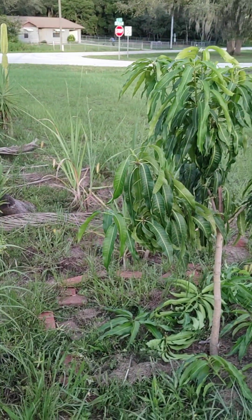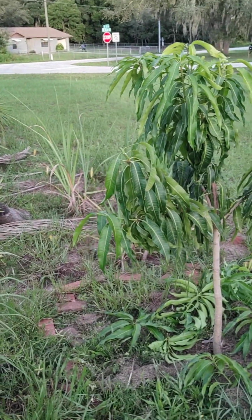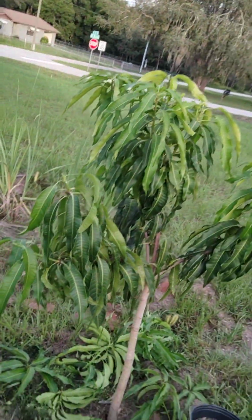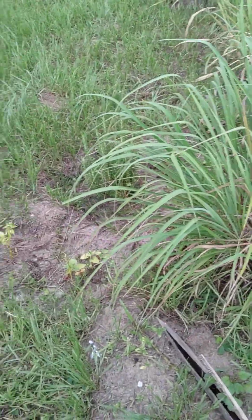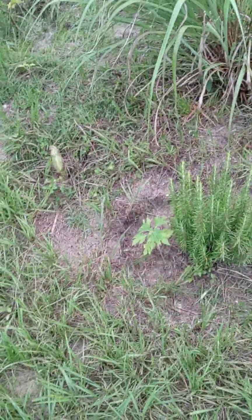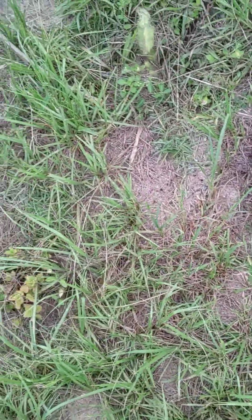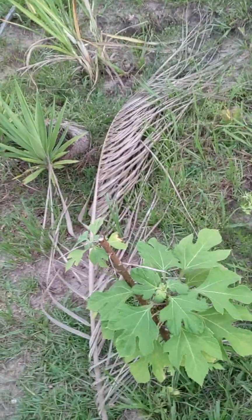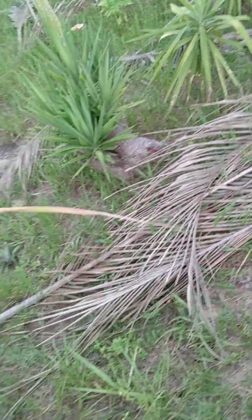Mango tree, I just trimmed it up so it doesn't snap around during any kind of storms, and then it will thicken up and branch out better. Lemongrass, peppers that suck, rosemary, Mexican sunflower next to it, Peruvian apple cactus, Mexican sunflower, sugarcane, spinach tree, sugarcane, yucca, palm, mango tree,